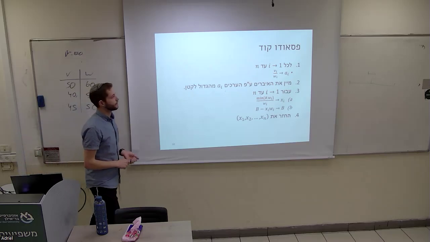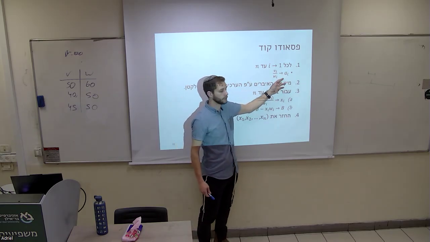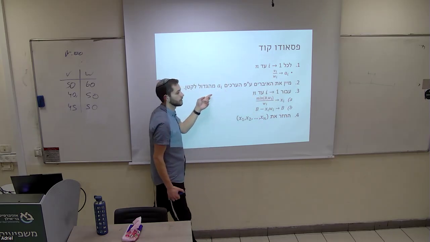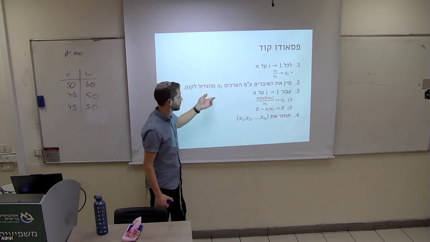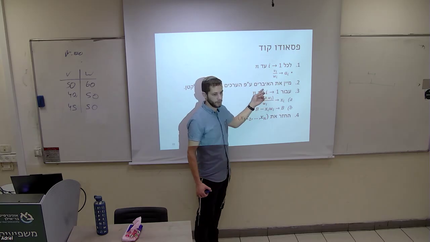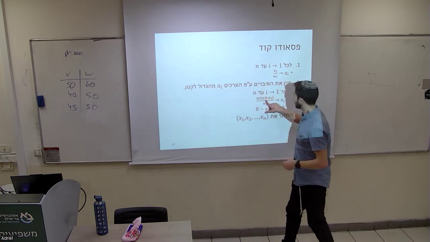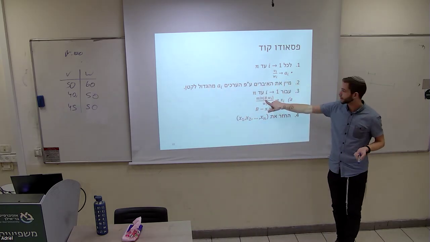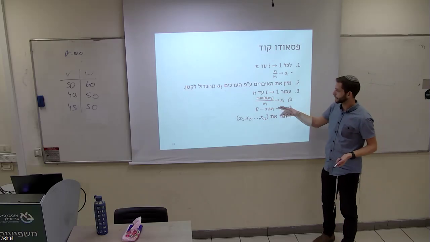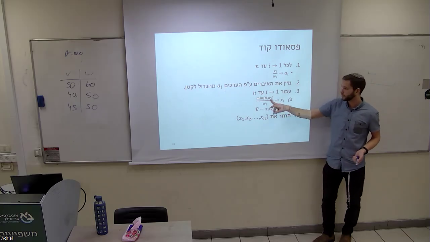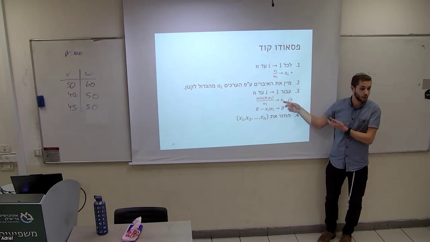So the pseudocode is: for every i equals 1 until n, calculate the ratio. Then we order all of the elements according to their ratio, from the largest ratio to the smallest ratio. Then we go through all the items, and we take the minimum between B, how much room we have left in our knapsack, and its actual weight, divided by the weight. So what does this mean? Basically, if we can take the whole item, we take the whole item, and then it would be weight i divided by weight i, which is 1. We put 1 into x_i, which means we take the whole item.